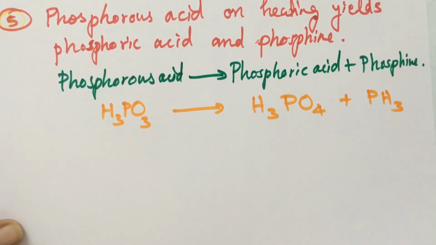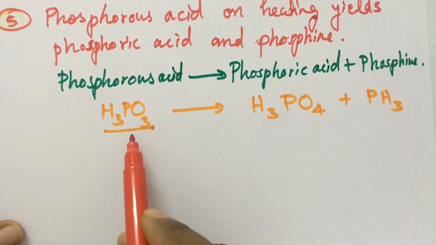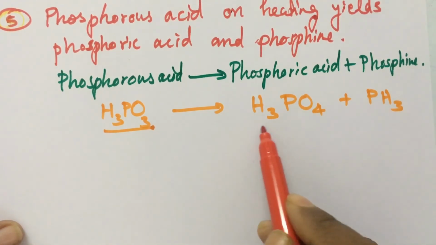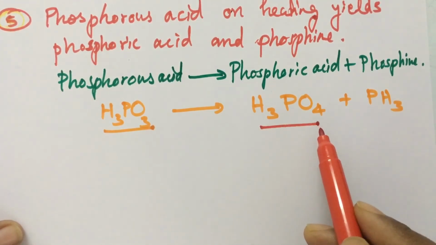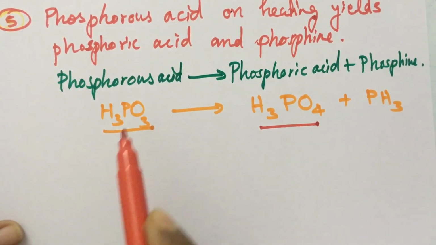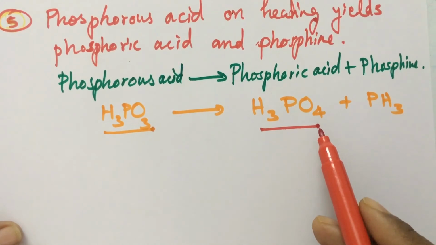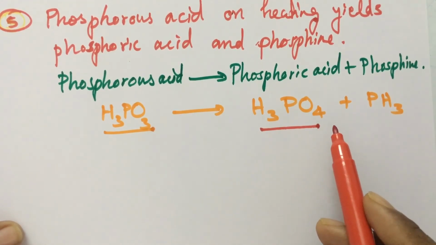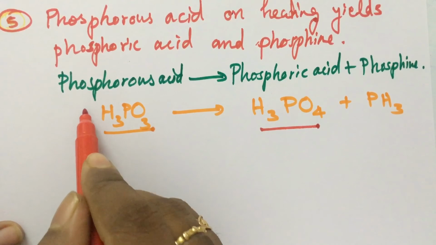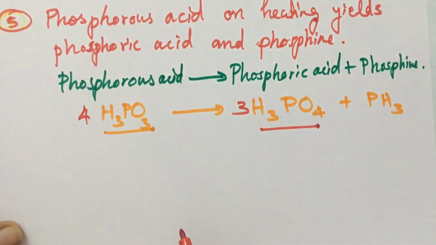it is easiest to balance oxygen atoms first. Multiply this H3PO3 by 4 and H3PO4 by 3 in order to balance oxygen atoms. So children, 3 oxygen atoms are here and here we have 4 oxygen atoms. What we have to do is find the LCM of 3 and 4, right? So you put 4 here. 4 3s are 12, and here you put 3. 3 4s are also 12.